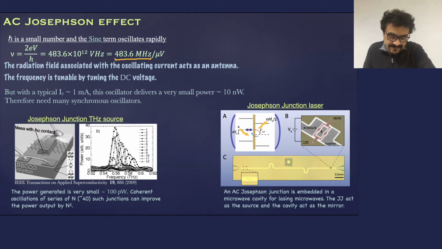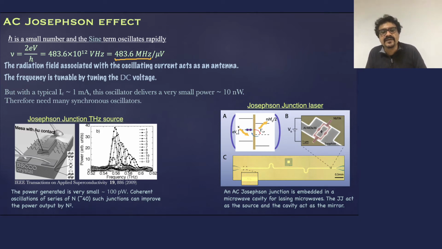So you have basically Josephson junction with a BSCCO crystal, okay, and they are measuring the power in some arbitrary unit which is emitted by this, as a function of the applied voltage. The details are given in this paper, okay. So what we are seeing is, as we vary the applied voltage, the peak is going to shift to various frequency regimes. So you can tune the emission frequency just by changing the voltage. That is what is being demonstrated in this paper. Okay, there are many publications like this. This is one of them.